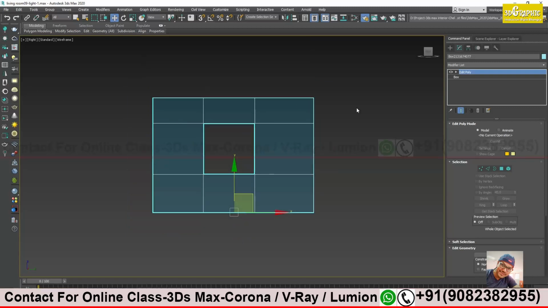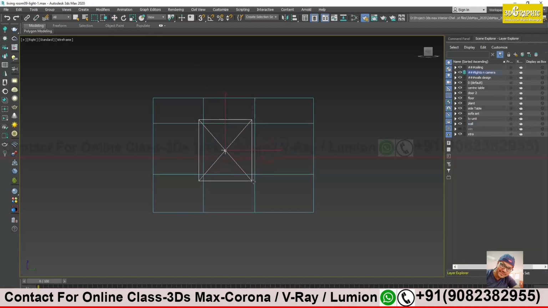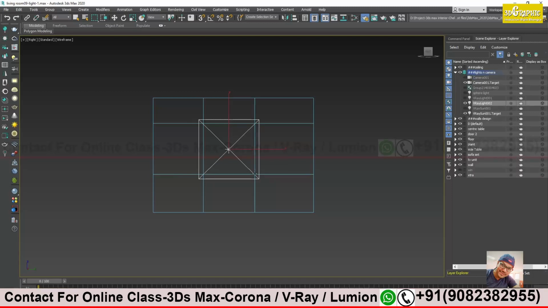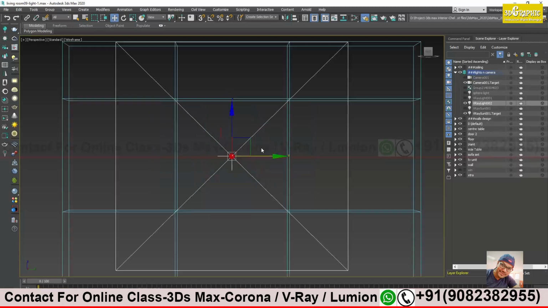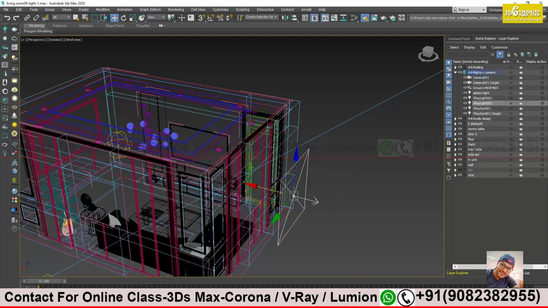And I will create a plain light. I will go to my layer. I think the layer is already selected. I will take a plain light from the tool. Just click once and then click and drag, exactly as much as the size of my opening, a little bit bigger. Go to perspective and it should be somewhat like this. Come out of isolation mode.